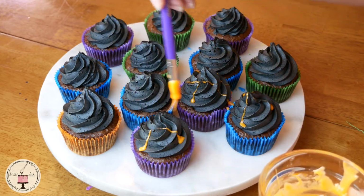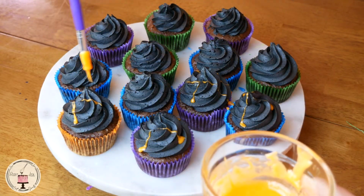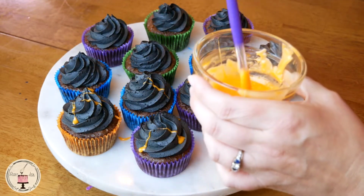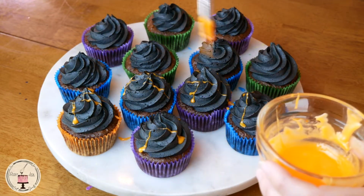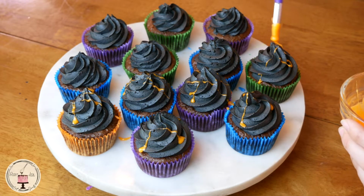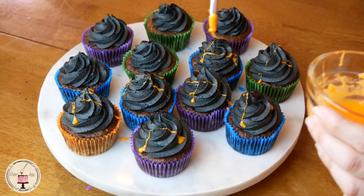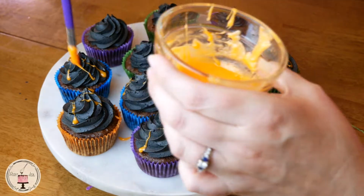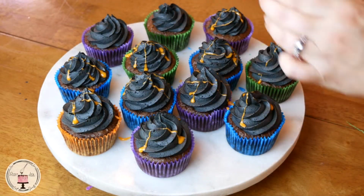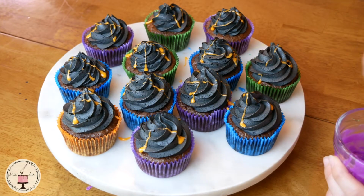Then you're going to add your neon or blacklight reactive coloring, and with this, sometimes it will seize up the chocolate, which you can re-microwave for about 20 seconds to get it melted, or you can also add just a tiny bit of boiling hot water. Like if you have some boiling hot water, just take a little spoon and just drip a few drips in,